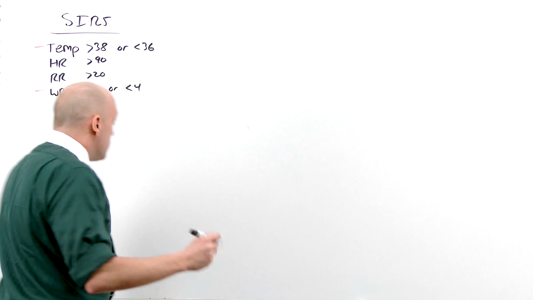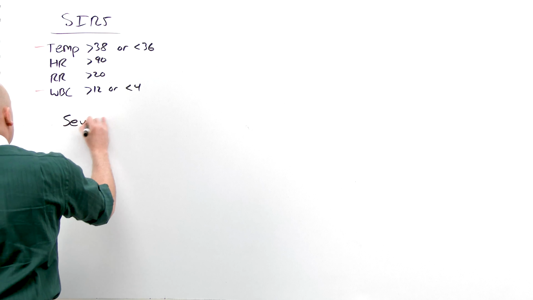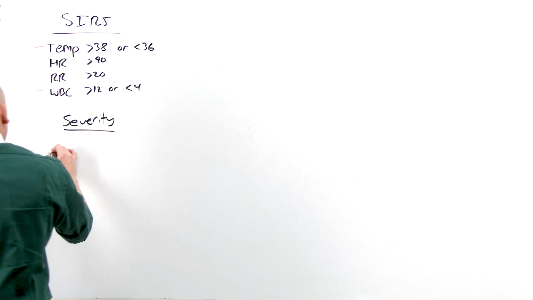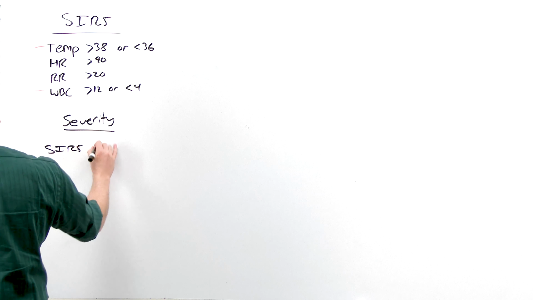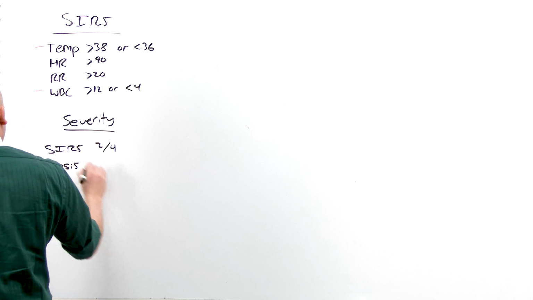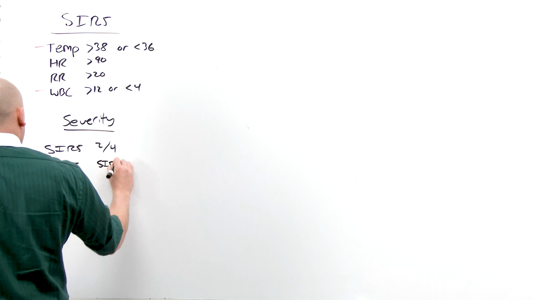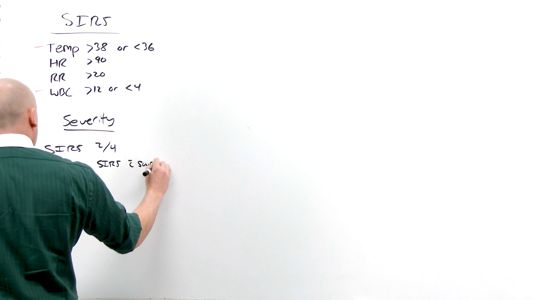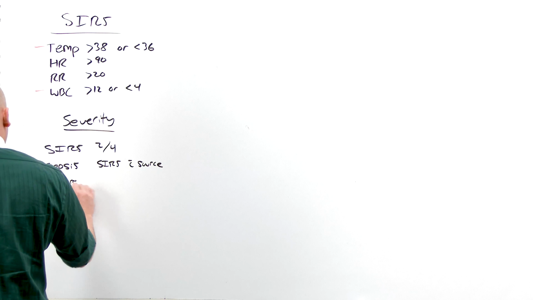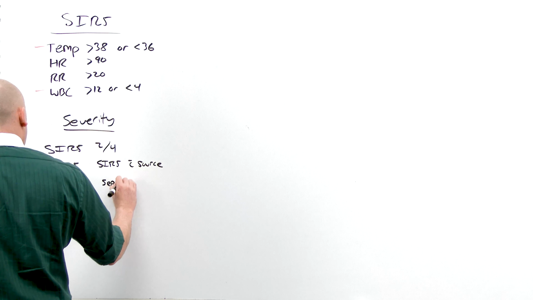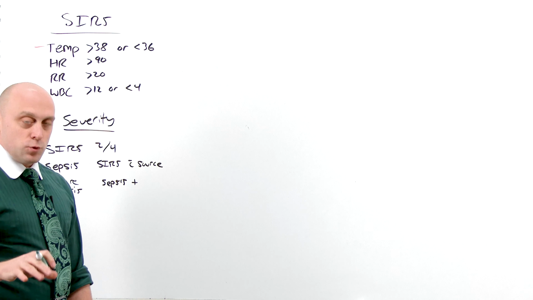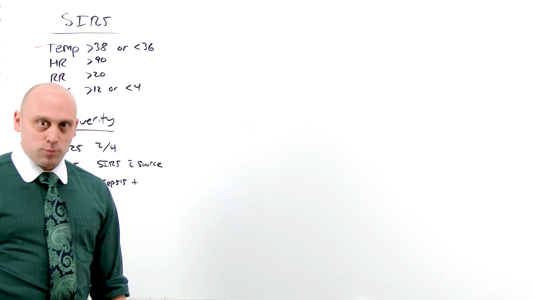Let's talk about grading the severity of sepsis, and I'll talk about the new information and limitations thereof. So the SIRS criteria: you need 2 of 4 to be SIRS positive. In order to be considered septic, you have SIRS with a source. Severe sepsis is sepsis and... This is a modification of the Rivers study. We used a lactic acid of greater than 4 and a systolic blood pressure less than 90.